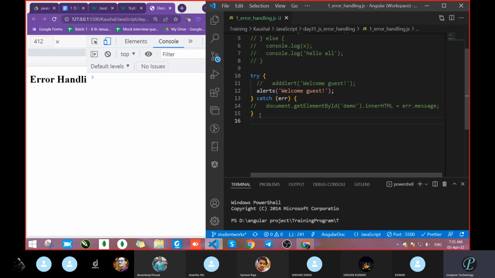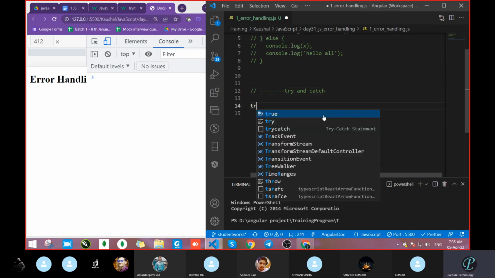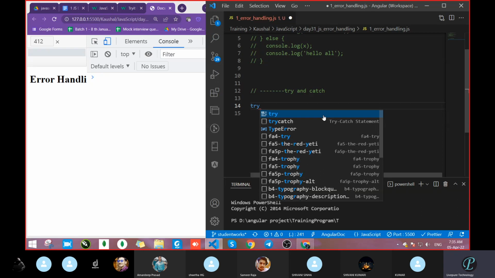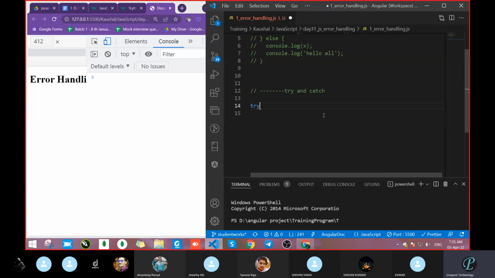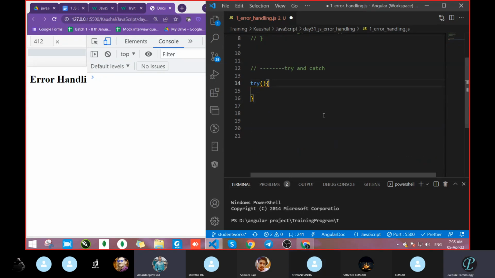Just look over what we had written and how we will write it first. So how to write try catch? If anyone knows, just tell. Okay, first we will write try. If you want to write it automatically, you can take this one, try and catch. Otherwise, first write like this. So try, here you will pass. Is a parenthesis required or not? No, sir, that is not required. Parenthesis after try is not required.